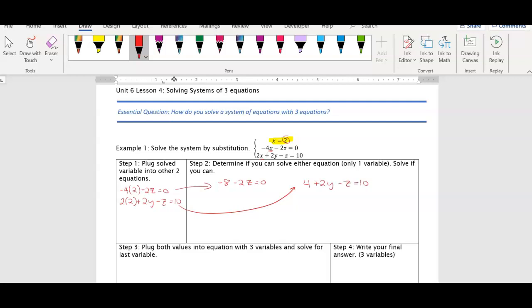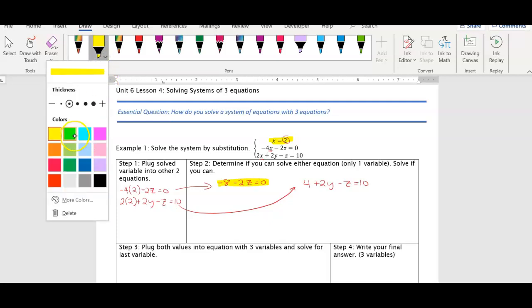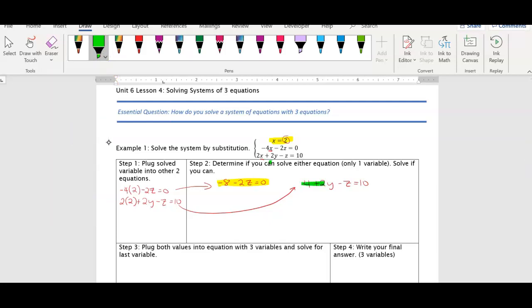So what I want to look at is both equations at this point. In one equation I have only the letter z, and in my other one I have a y and a z. So the second step says determine if you can solve either equation with only one variable, and solve it